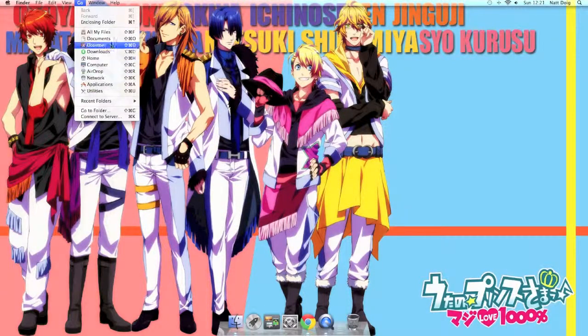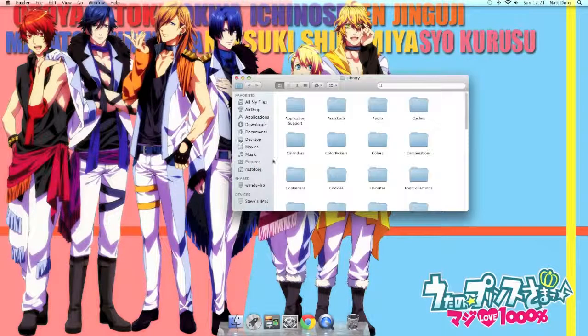and library doesn't appear here. It might be different on some Macs, but this is how it is on mine. And so you press Alt, and library appears. I don't know why Apple have done that, but that's how you get library up. And library can be useful